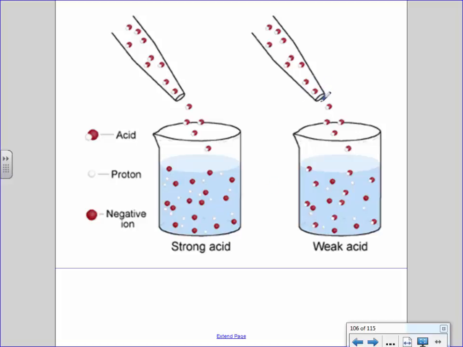Whereas in a weak acid, yes, look, this guy right here and this guy right here, they broke up. And this one right here and this one right here, they broke up. But look, this one here stuck together. This one stuck together. Does that make sense? So as a byproduct, this one here would conduct really well. Why would it conduct well? Because there's a ton of ions in the solution. This one over here would not conduct as well because only a percentage of them turned into ions. Many of them remained as original reactants.